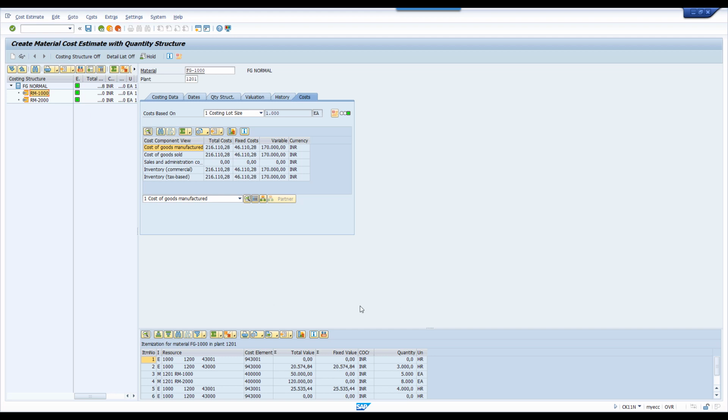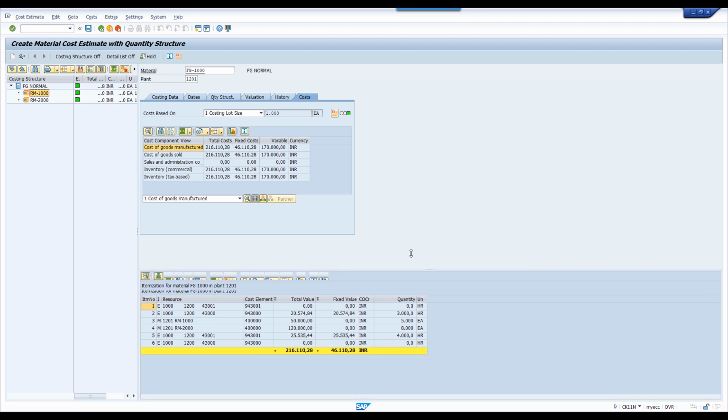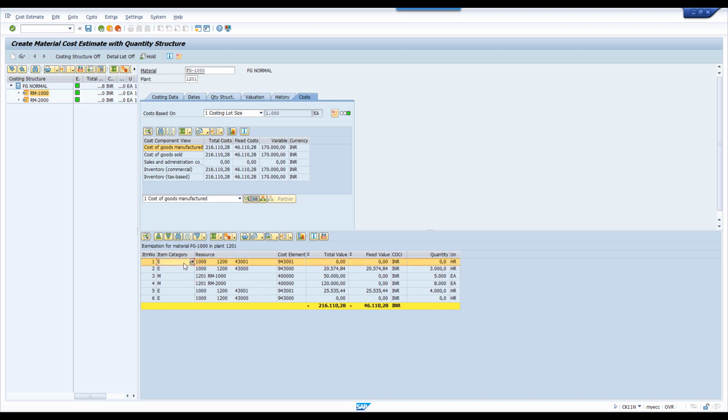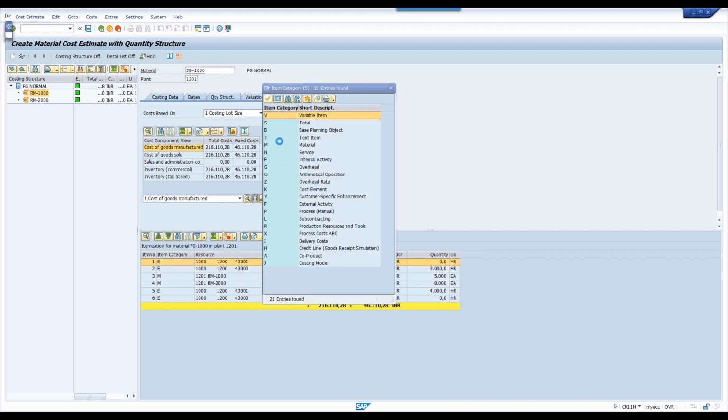Now everything has been costed properly. See, this is called itemization for material. In itemization, you are going to understand here, this E indicates internal activity. Similarly, M indicates material, E indicates internal activity.